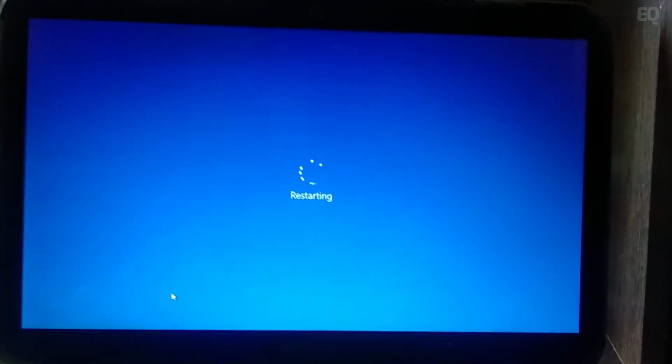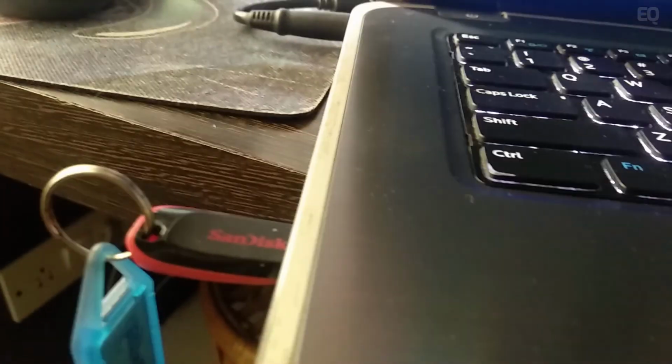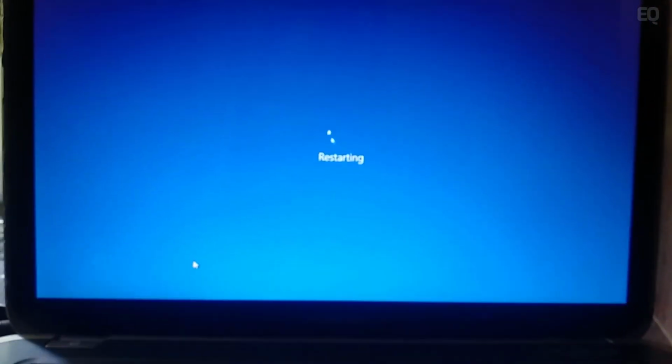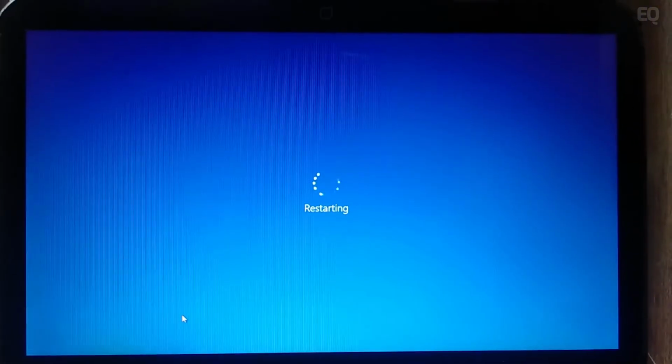Because this is a Dell laptop, I have to use F12 to invoke the quick boot menu when the PC is restarting. The pen drive is connected. Let us wait for the restart.